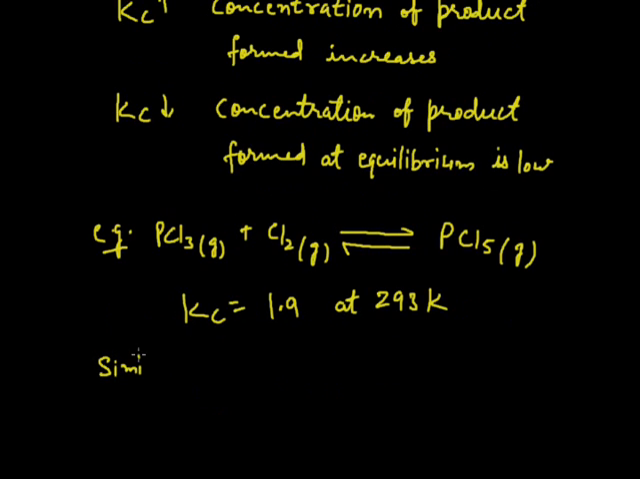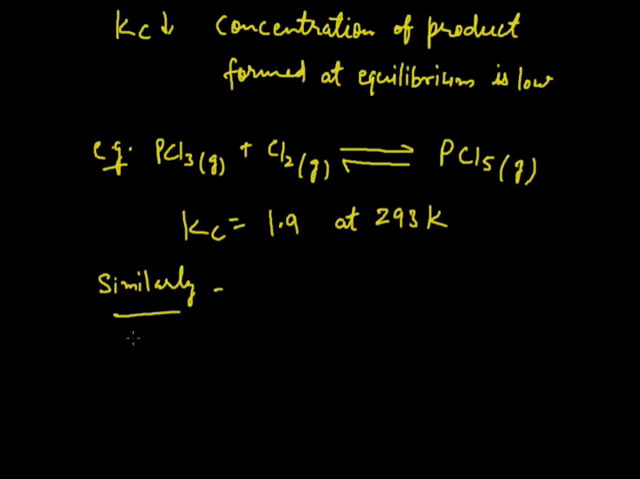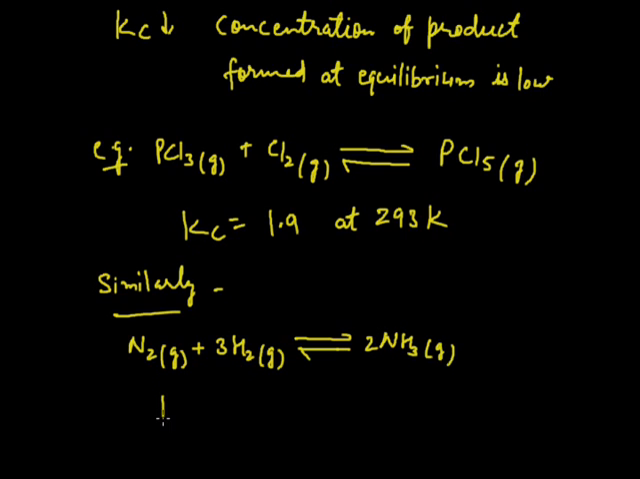Similarly, for another reaction, nitrogen gas reacts with hydrogen gas and forms the product ammonia gas. The value of Kc for this reaction is 3.6 into 10 raised to power 8 at temperature 293 Kelvin. Here the large value of Kc indicates that a major portion of nitrogen and hydrogen will be combined